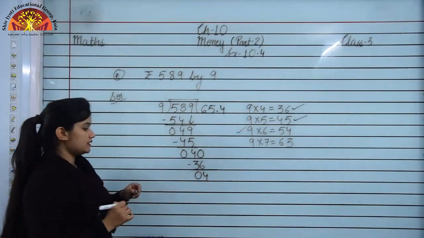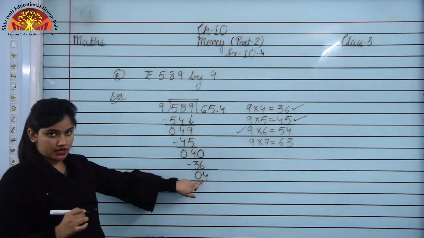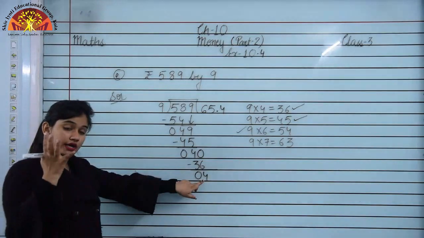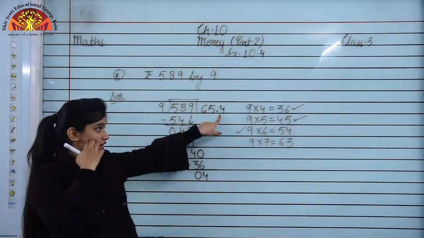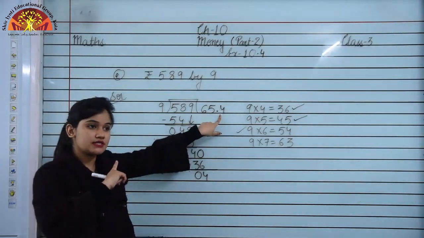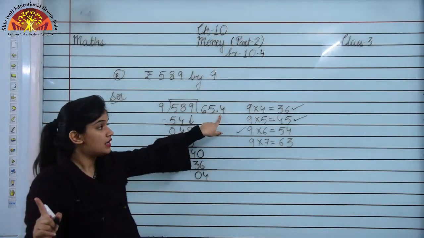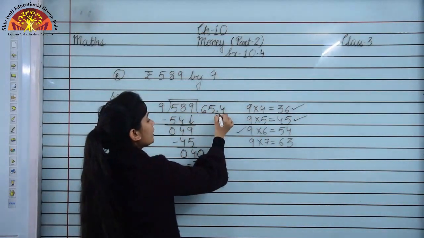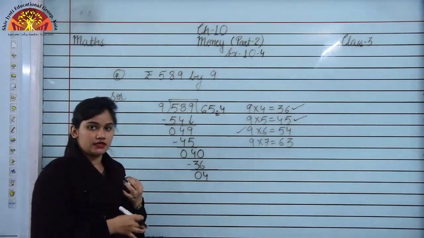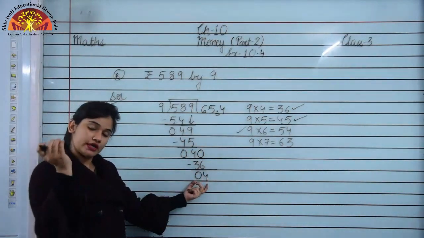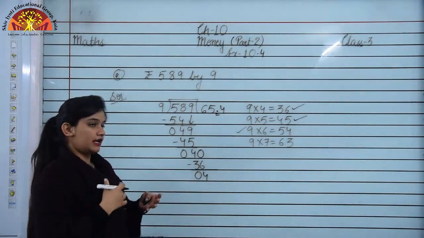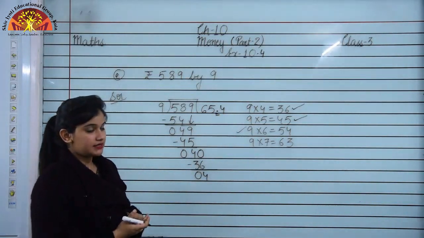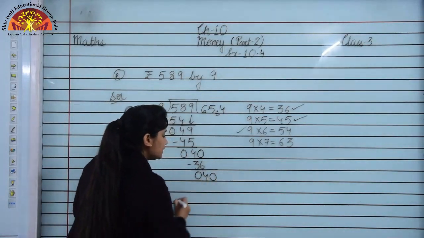Now again we can see it is not divisible by 9. So again what we have to do, again we have to take a 0. So now this time again we have to show a point here. No, now this time we will not show any point here, because the single point is showing we can take 0 here in this question. Okay, हम कितने भी 0 यहाँ ले सकते हैं. हमने यहाँ एक बार dot लगा दिया, again and again we will not put any dot here. Is it clear? So now we have to put 0 here.